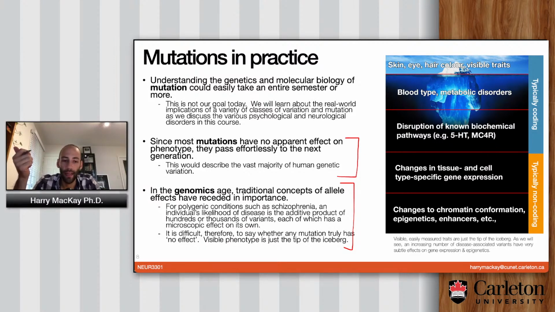The reason being, most of the conditions we look at are highly polygenic and involve hundreds, if not thousands, of different locations in the genome, all of which together add up to giving you a higher risk of a certain condition. And when you're talking about such a contingent, conditional relationship between genes and the phenotype, there's no way to really meaningfully talk about dominant or recessive things. That's just not the inheritance pattern that you see for most of the mental health conditions that we're going to be learning about.